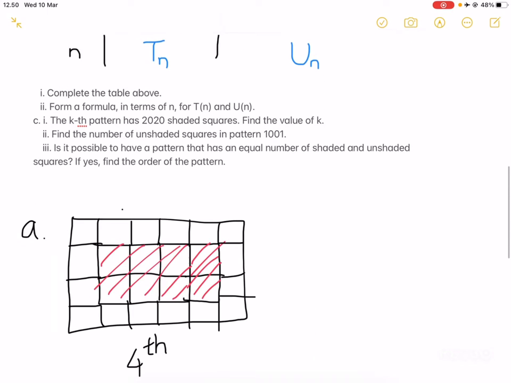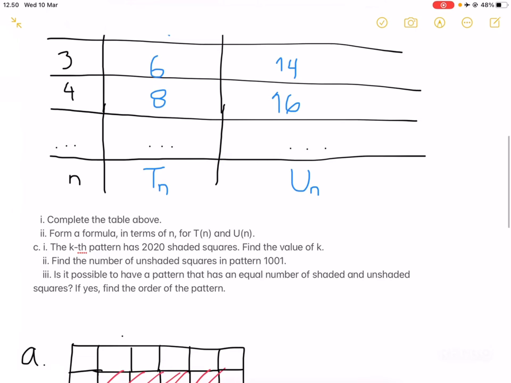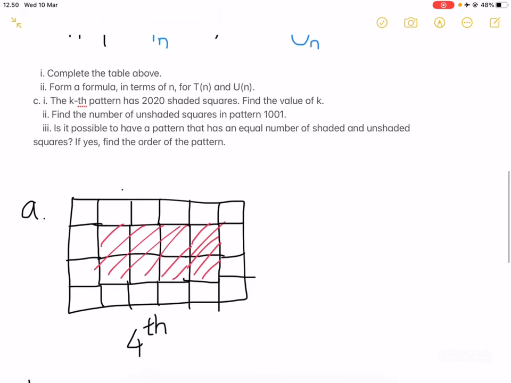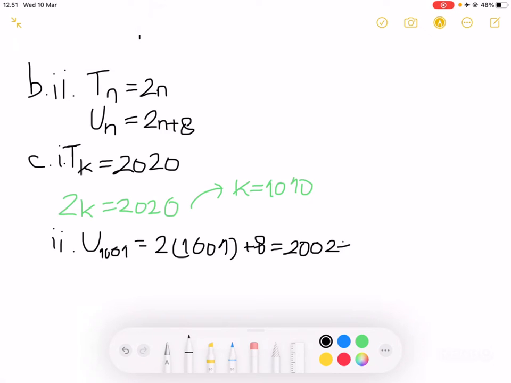find the number of unshaded squares in pattern 1001. Alright, so that will be U of 1001, and using this formula, you get 2 times 1001 plus 8, which will be 2002 plus 8, which will be 2010. And for the third part,